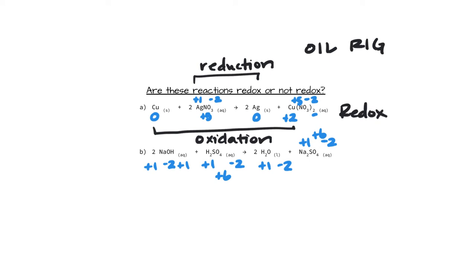So if I look, sodium is a +1 on the reactant side. It is also a +1 on the product side. Oxygen remains a -2 in all of the reactants and the products. And hydrogen remains a +1 in all of the reactants and the products. So this would be a not